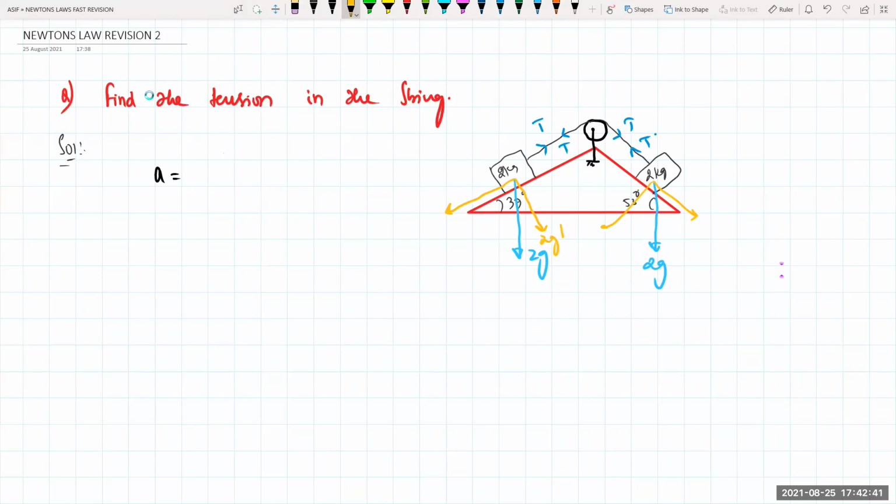This will be your 2g into cos 37, and this one is 2g into sine 37, because this angle will become 37 and this angle will become 53. So this will become for me 2g into cos of 53, 2g into sine of 53. Okay, so if I take the triangular part of relation, beta, I hope you remember this triangle, isn't it? If this angle is 37 degrees, this angle is 53, and this one is 90 degrees, isn't it? So this is 3, this is 4, this is 5, isn't it?